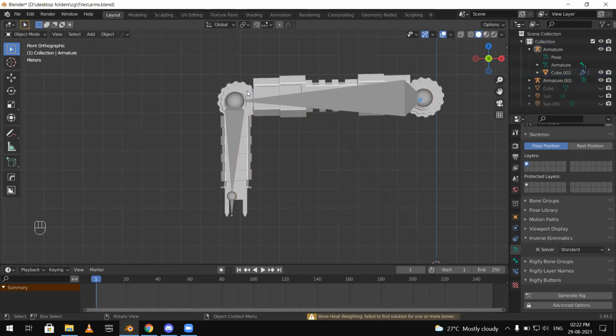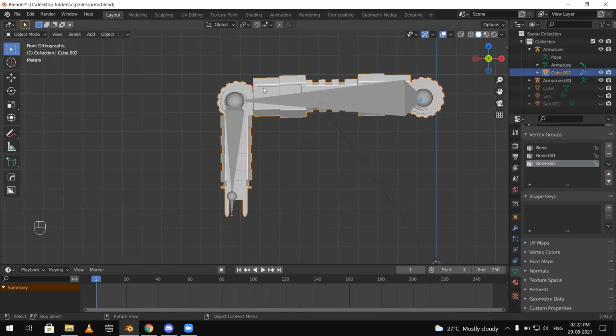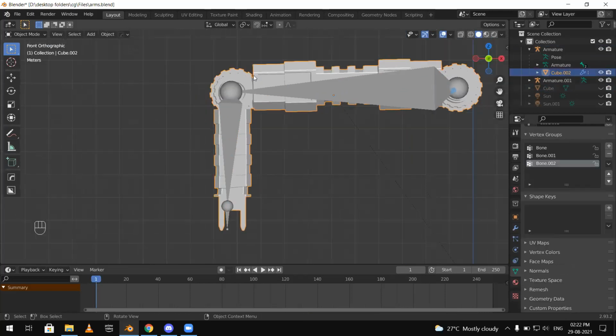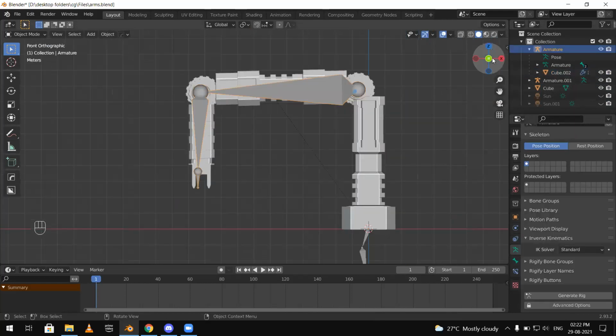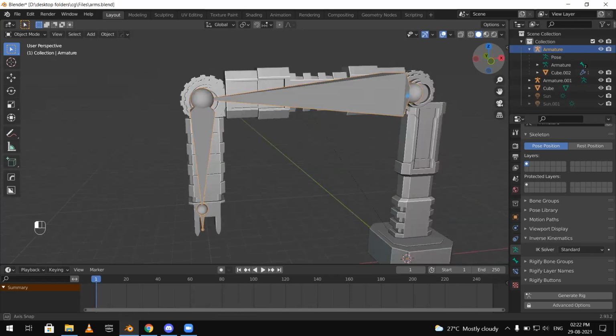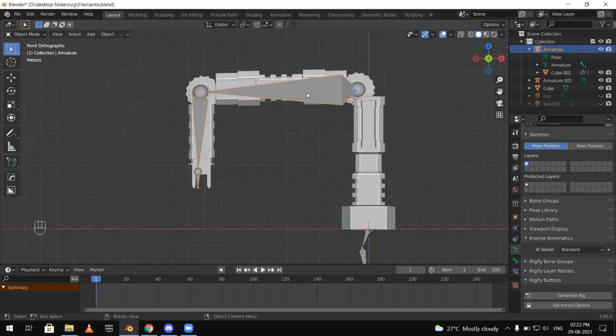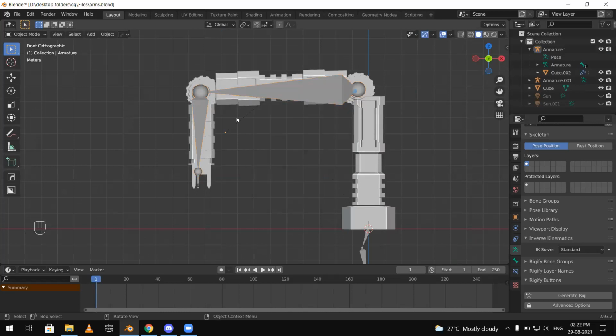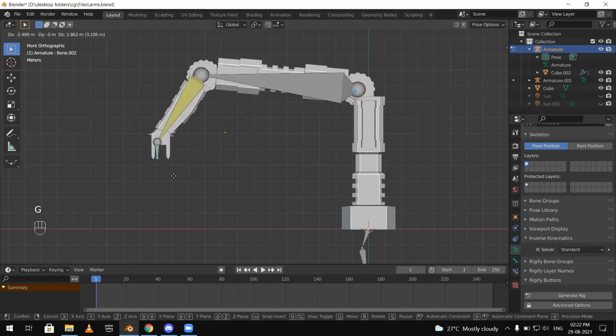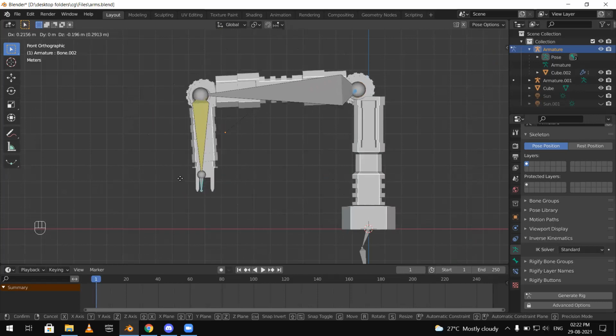You may have noticed that the object that we have moved a little bit downwards, but that's okay. The mesh didn't get deformed in a drastic manner anywhere. Now we'll bring back this pedestal on which the arm is there, and now selecting the armature, I am going to set its origin to its geometry. Press Ctrl plus tab, go into pose mode. Now as you can see, the arm is moving according to how the bones we have set.